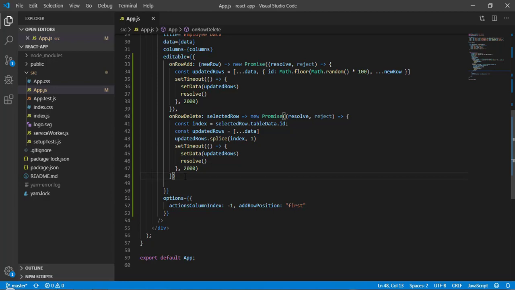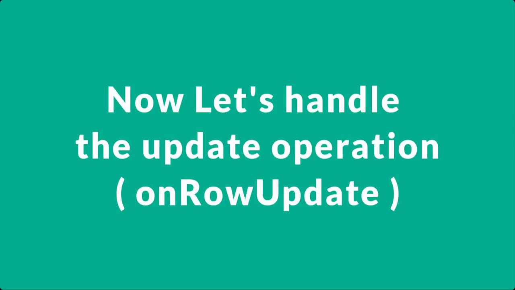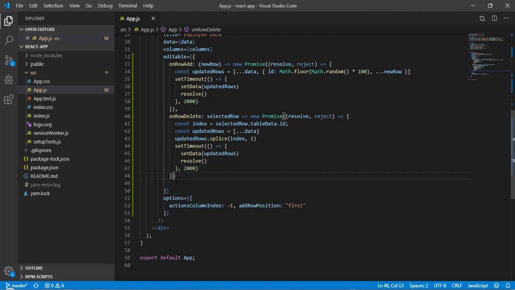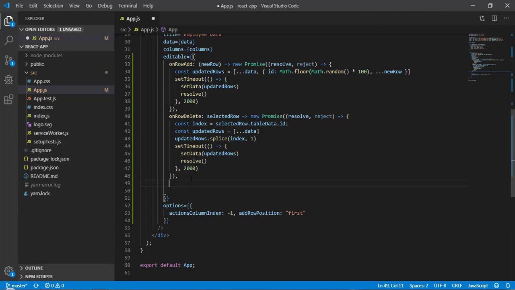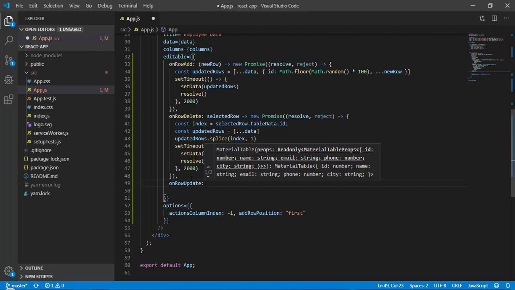Now our task is to update an existing row. So let's handle the update. Let's come out of the delete row and add a comma, and here I will call onRowUpdate. onRowUpdate is going to take a callback function as others do, but this takes 2 arguments.